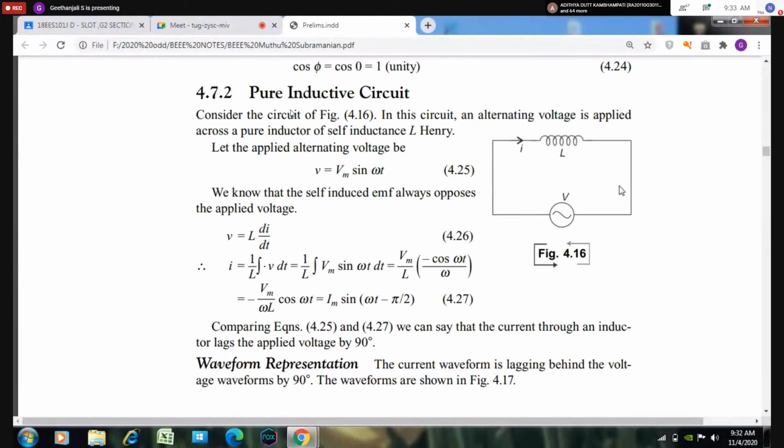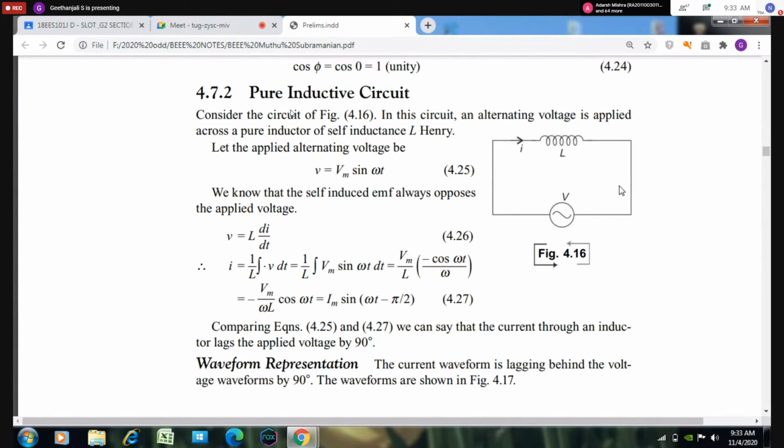We know the self-induced EMF always opposes the applied voltage. So last class we have seen the magnetic circuit. We know that the self-induced EMF always opposes the applied voltage. So V is equal to L into di by dt. So you integrate the above expression with respect to t, then I is equal to 1 by L integral of V